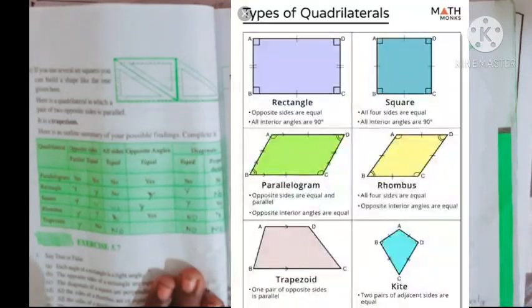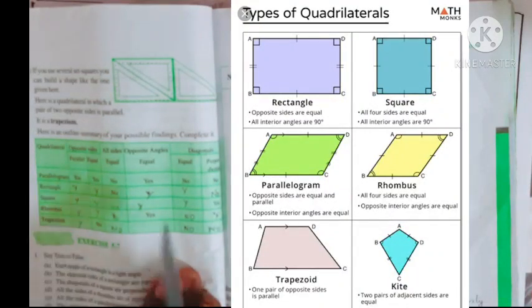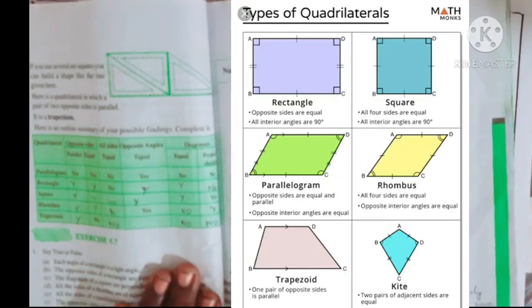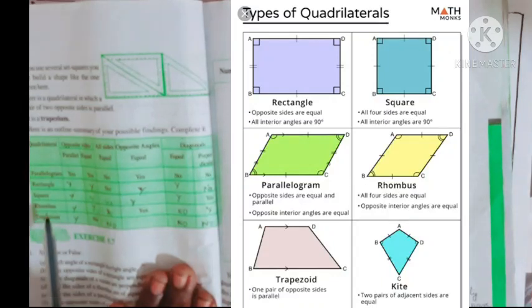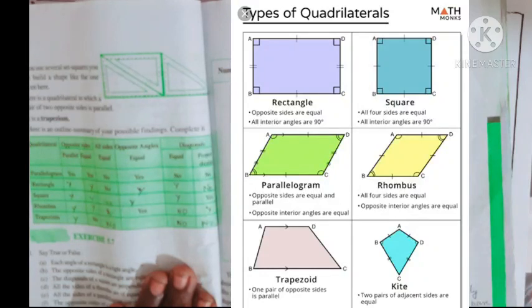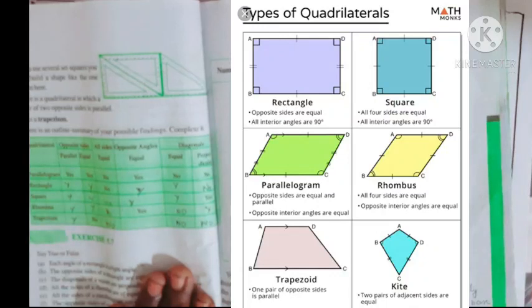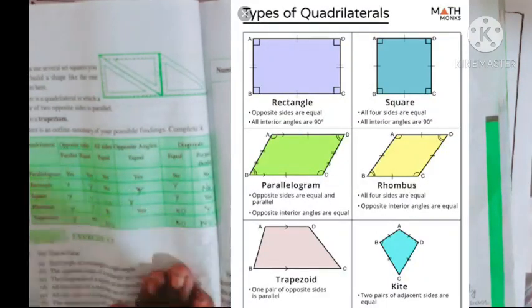Fine. Yes. Now, with the known facts, we are going to fill this tabular column. Okay, fine. Quadrilaterals are parallelogram, rectangle, square, rhombus, trapezium. So, all the 4-sided polygons we have written, right? In that, they are given some conditions. Opposite sides parallel or equal. They are asking. If it is parallel, yes means write yes, no means write no.